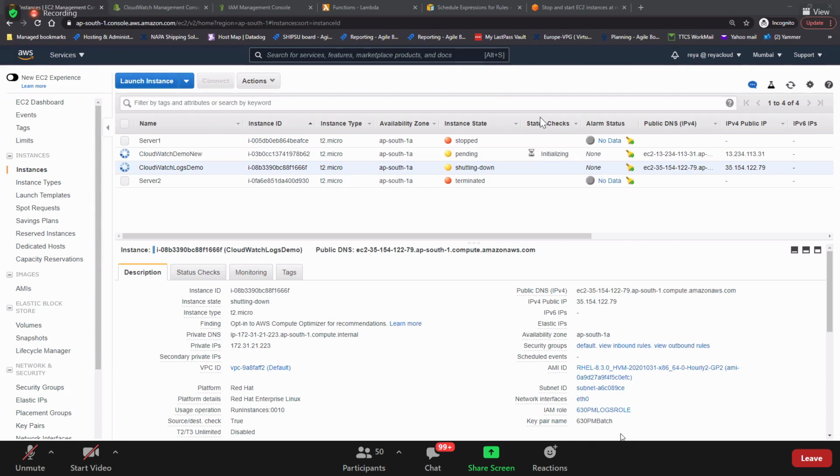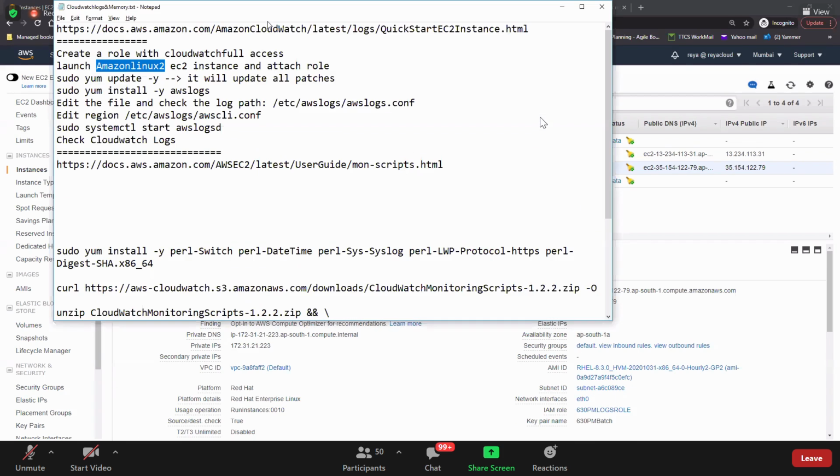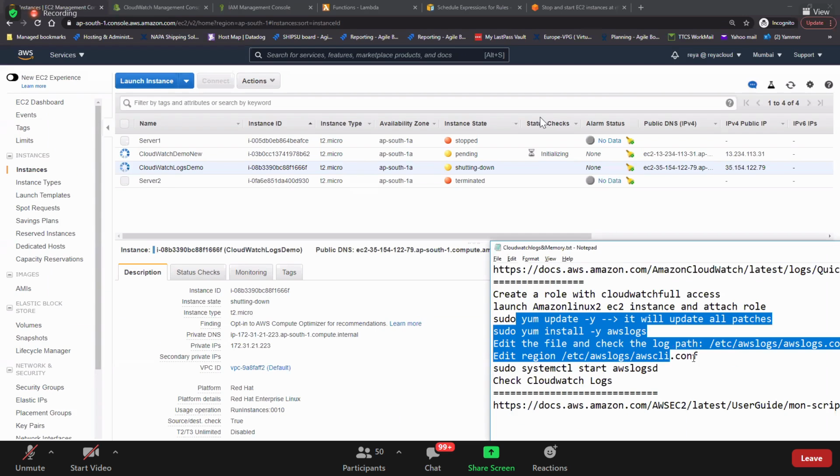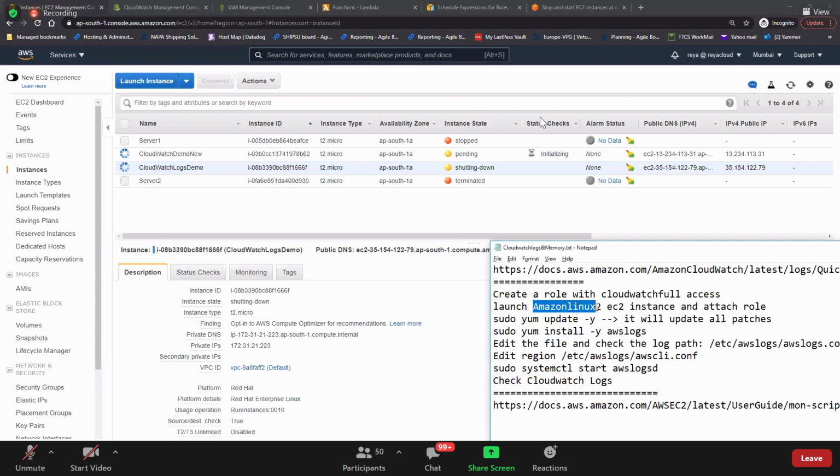Because I have listed for you here quickly that this is Red Hat and this is CentOS. Linux 2 has slightly different commands, and whatever commands I have given you support Amazon Linux 2. That's the reason. Of course, whatever we have done till now on Red Hat also works, the only thing is some commands will change. The systemctl, some service starting commands will change. That's the only difference.